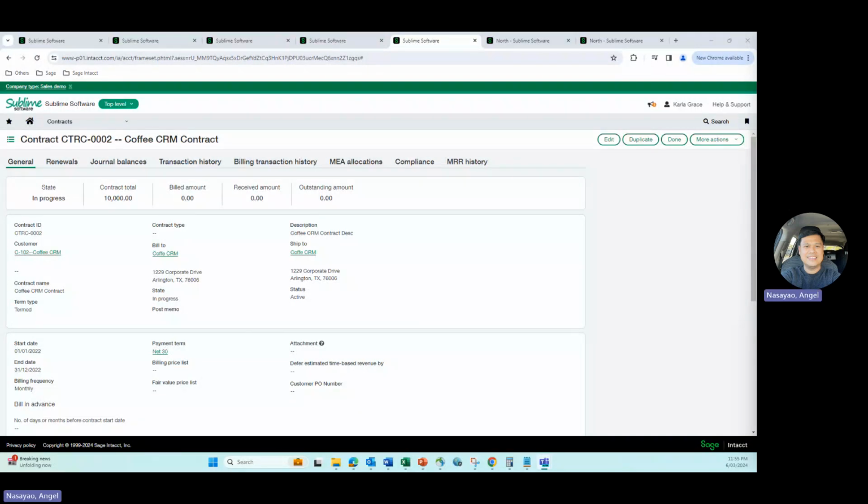Hello, welcome to a quick demonstration on how to print the contract description on a printed document of an order entry for contracts. You will see here a sample contract wherein there is this description. At the moment, this description is not available as a source field on the order entry when you print the contract invoice, for example. So what you can do is